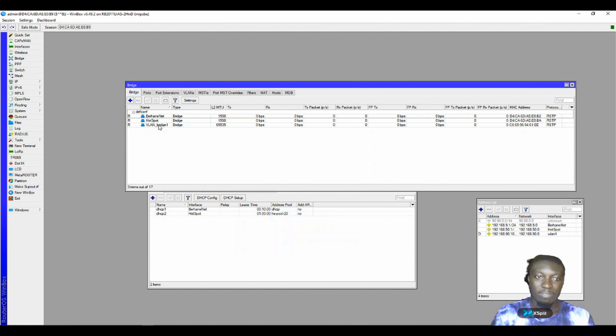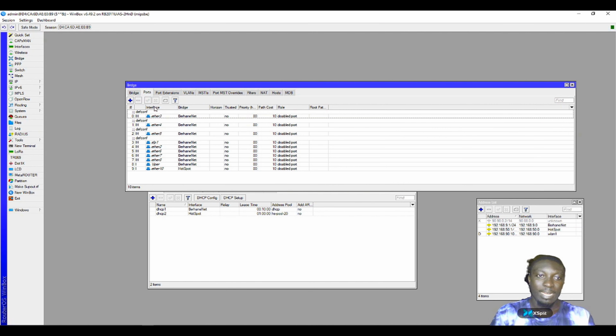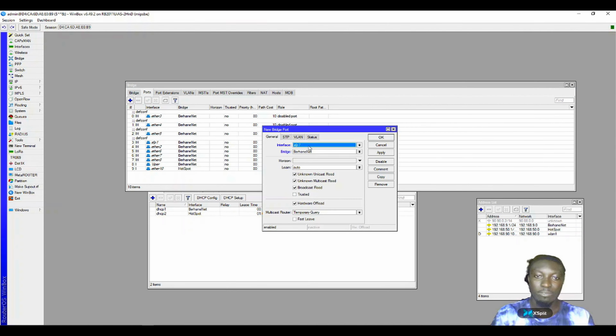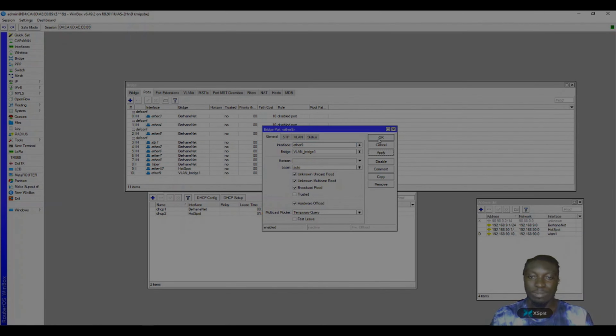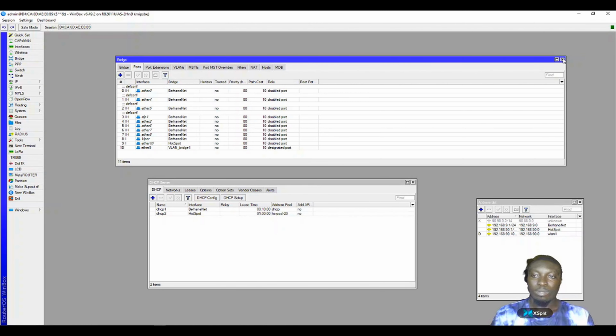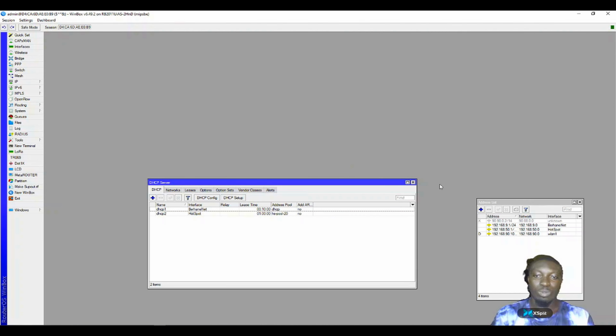So this is my VLAN bridge, and I assign a port to the VLAN bridge I've created. I'm using port Ether9 because it's idle. Okay, so I'm done with this part. The next thing to do